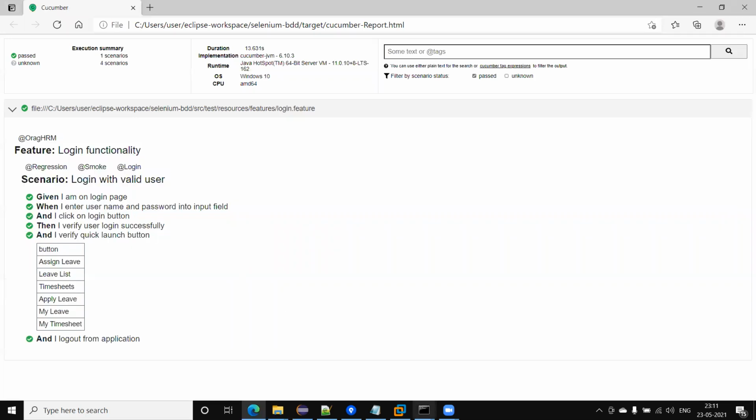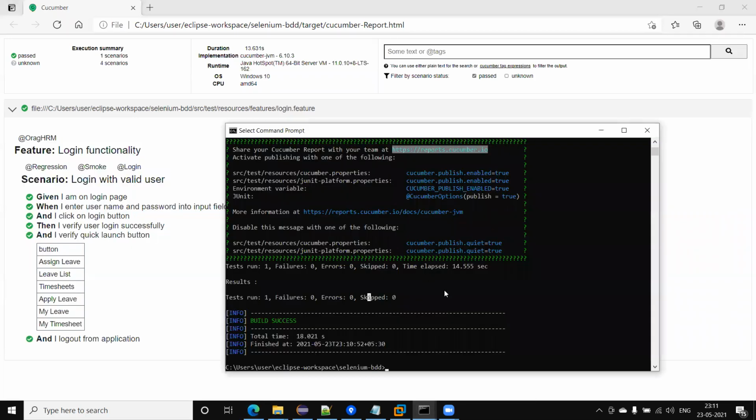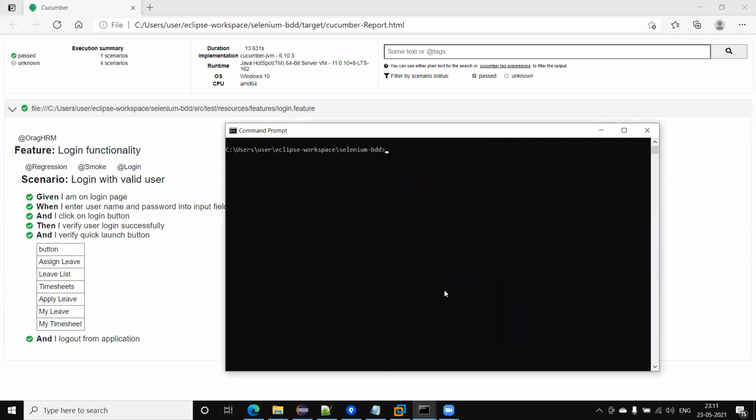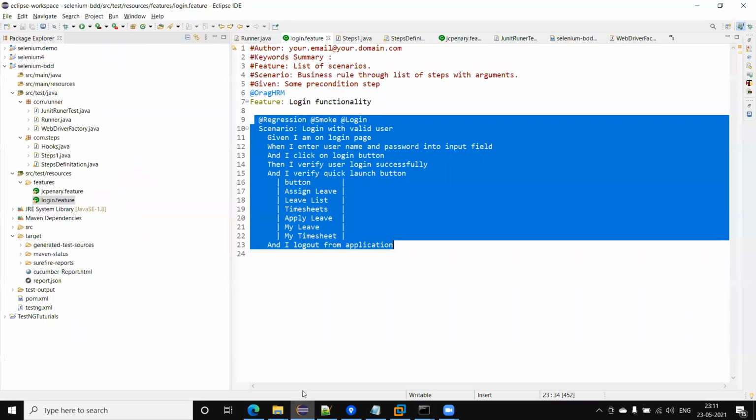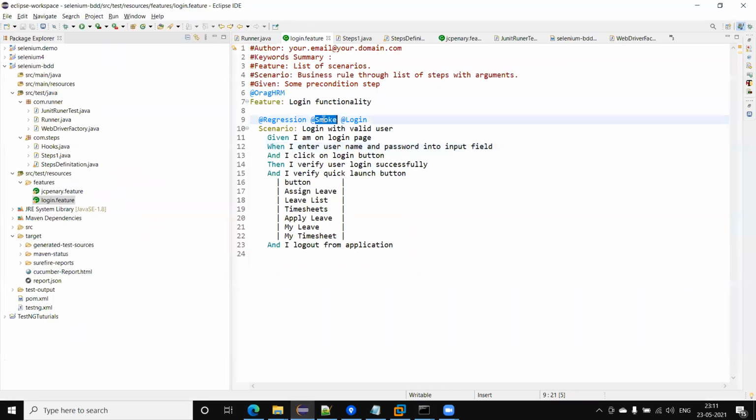Now next, if you want to pass multiple tags, how do we do that? In that case we will use the same filter. Here we can use and, or. Suppose I am going to use and, so this is login and smoke.